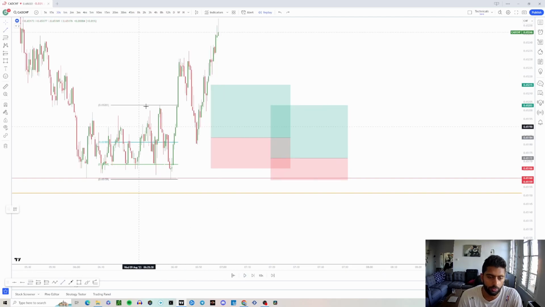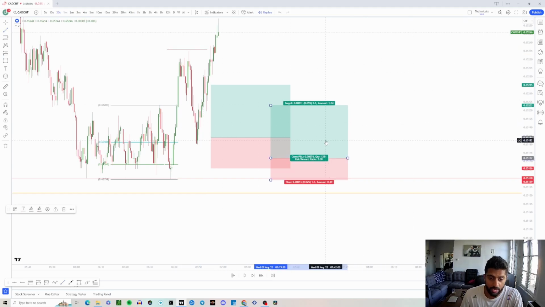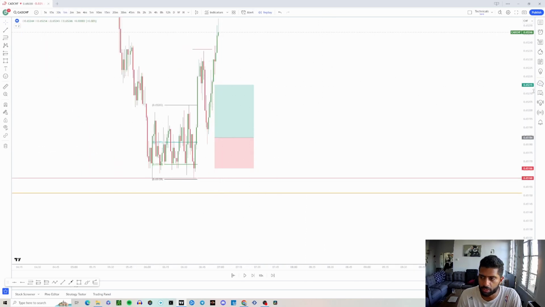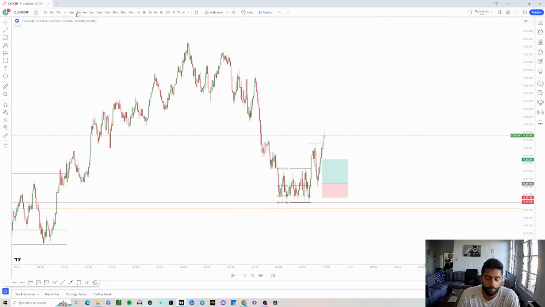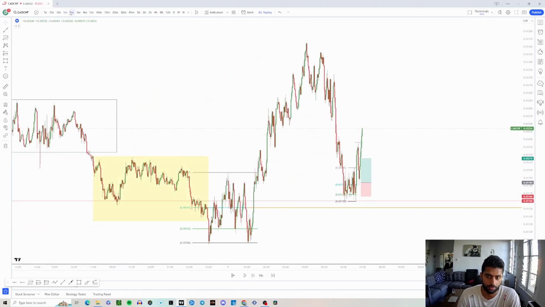Okay, so once price breaks here, I'm looking to manage my position. One entry got hit and the other didn't, so this is just me splitting my risk. So I'm buying in a demand zone here, a demand of a demand if you want to think about it. And now where should I sell? You guessed it, supply, right?